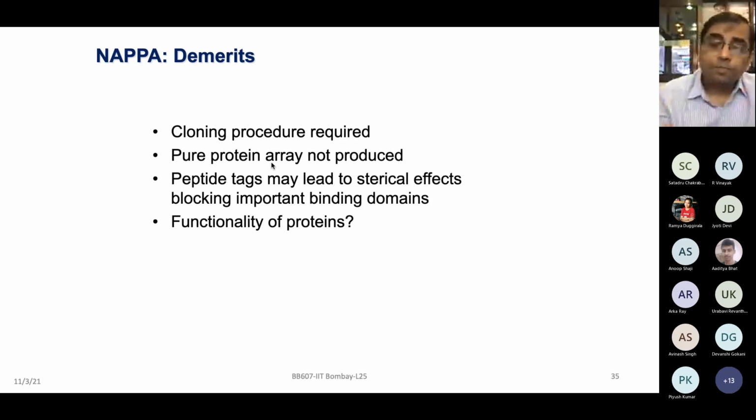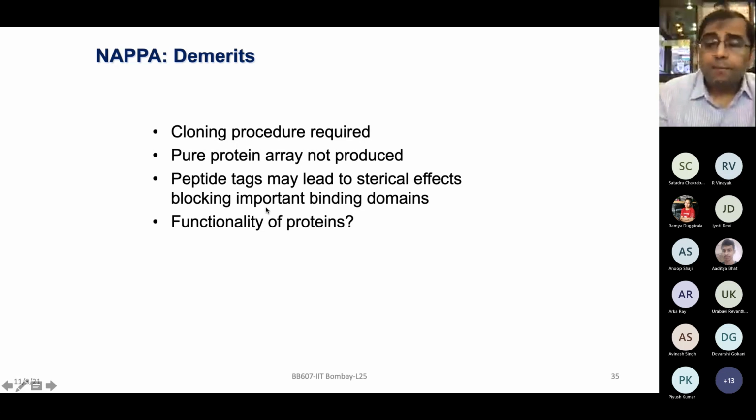So those may even produce some of the non-specific signal, and that was one of the major advantages which you saw in the 2008 paper of the DAPA technology, DNA arrays to protein arrays technology. That had overcome this process because they are actually moving from one substrate slide to multiple purified protein array slides.